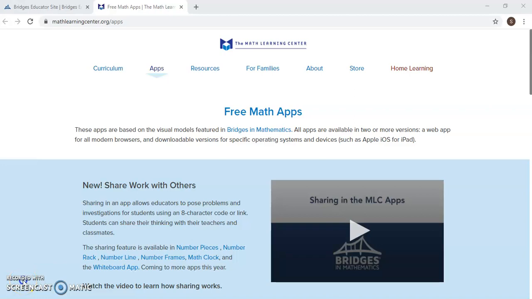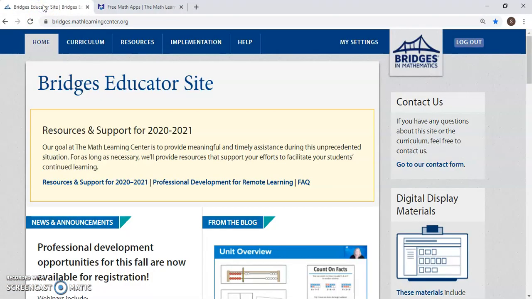Today I want to spend some time showing you how to use 3 of the key math apps that the Math Learning Center has created and are free for teachers and students to use in the classroom this year or at home, and they're available any year. So before we do that, I want to show you how you can access these right from the Bridges Educator